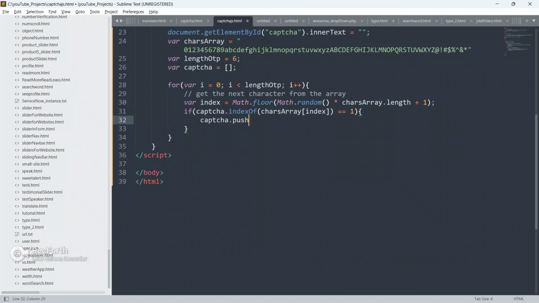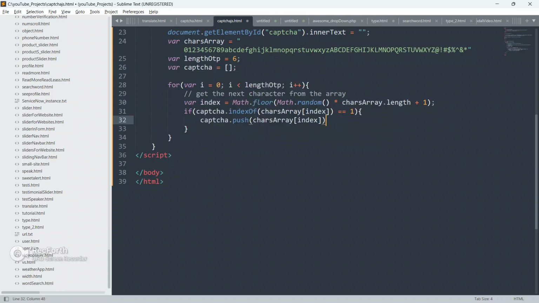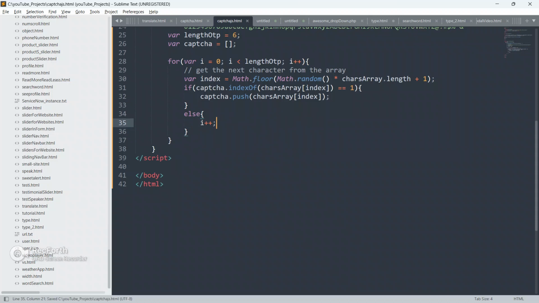We are going to do captcha.push. What to push, guys? We are going to push this chars array index into this empty captcha array. Else, we will increment the i by 1 every time. So done, guys.